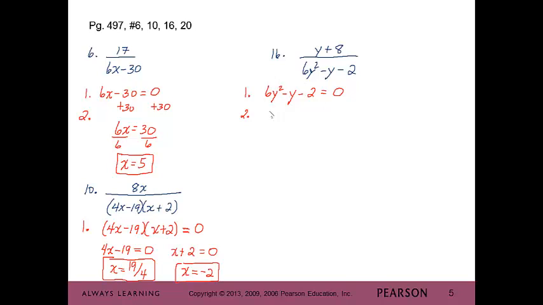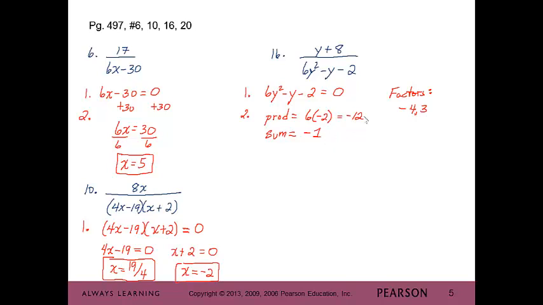So remember how you factor this kind of polynomial. You're going to start by finding the product and the sum. So the product is 6 times negative 2, which is negative 12. And the sum is the middle term, or the middle coefficient, which is negative 1. So now you want all the factors of negative 12 that will add and give you negative 1. And those factors are negative 4 and positive 3. We can check it because negative 4 times 3 is negative 12, and negative 4 plus 3